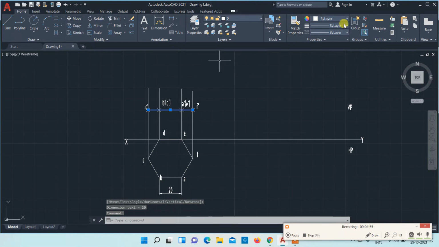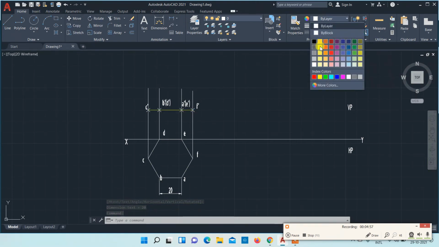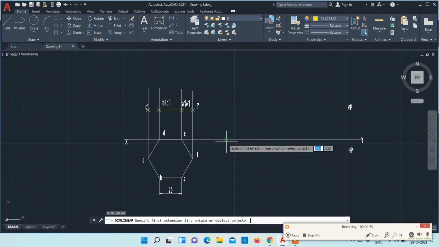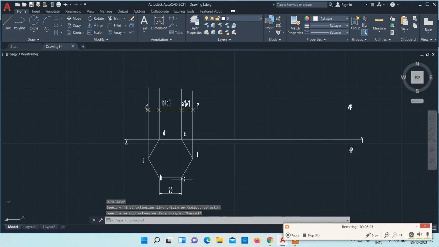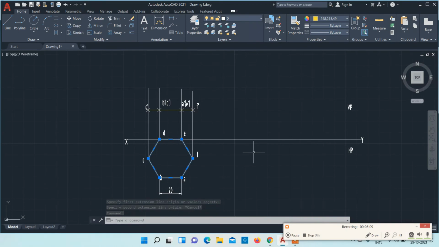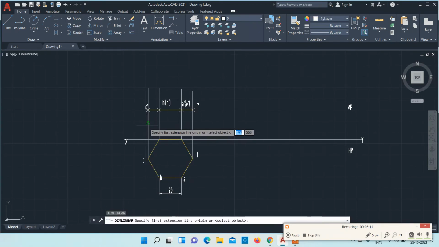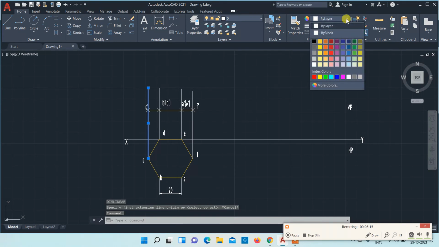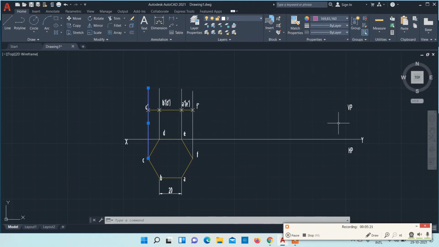front view in different colors if you want. Likewise, you can highlight the top view in different color if you want. Okay, so these are called projection lines. This should be thin, so you can use any thin color if you want. So the pink ones are projection lines. Okay.